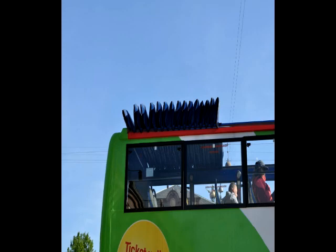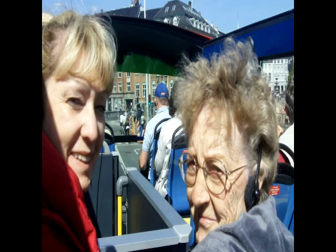see it. They also have headphones you put on, and then they have a pre-taped commentary as you go along that narrates all the sights that you see. Plus, any ones you want to hop off, you hop off and see them, catch the next bus and go to the next thing. Really convenient and cheap way of seeing and hearing about the country or the city